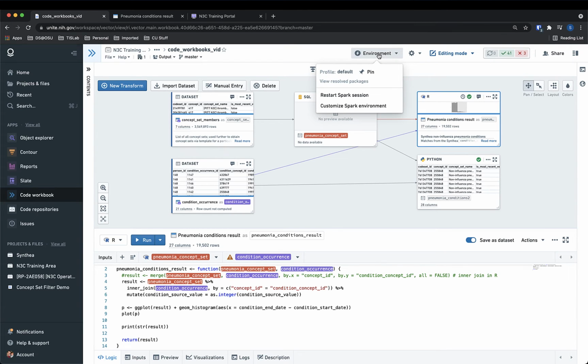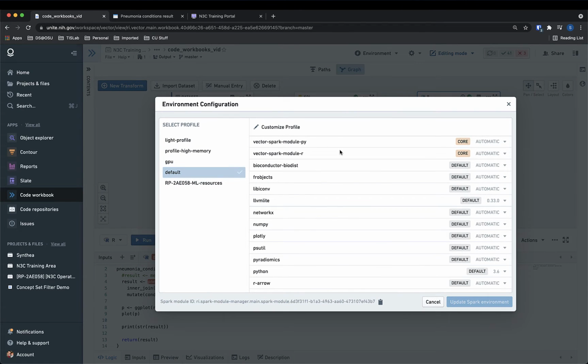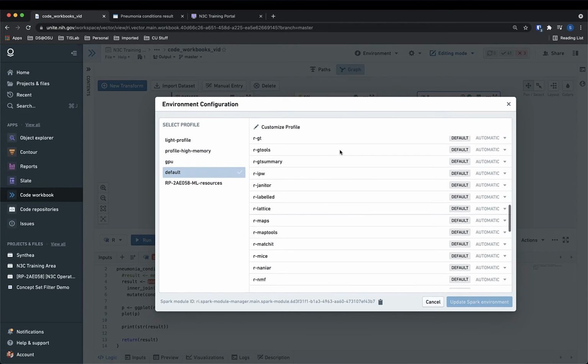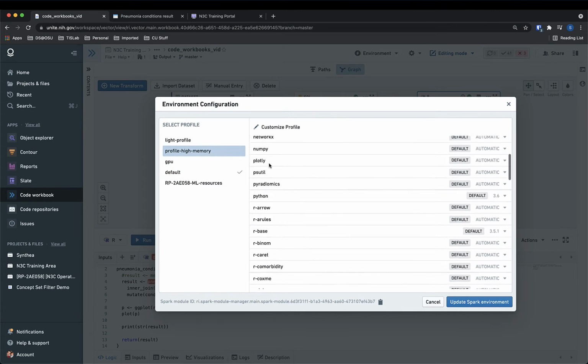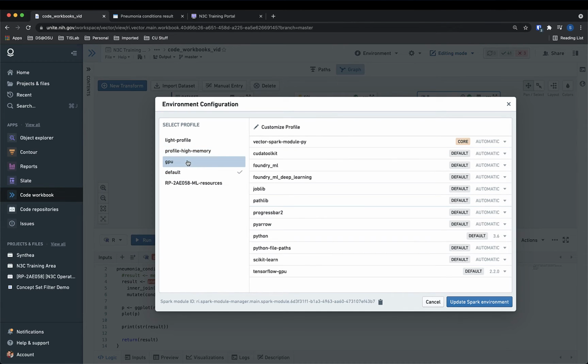This shows that I am currently using the default environment profile. To see which packages are installed in this environment, I can click Customize Spark Environment. On the right are the list of packages available for import, and on the left are the other pre-built environments we might use. The Profile High Memory environment, for example, includes the same packages as the default, but with more memory available for pandas and R data frames or other in-memory datasets. The GPU profile provides access to GPU compute resources for deep learning applications as well as the TensorFlow and Keras